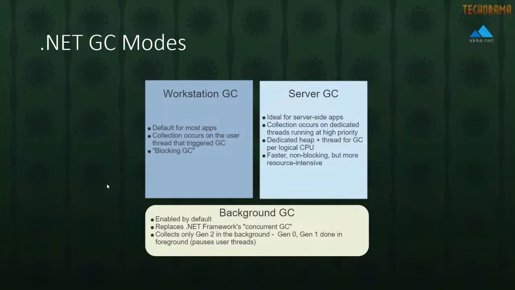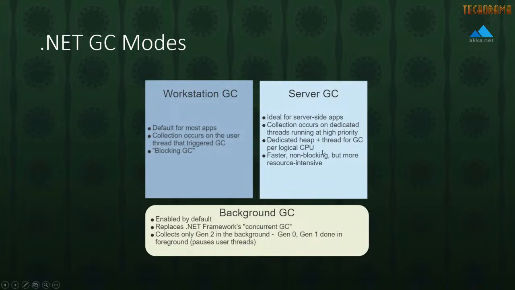Ditto with large object heap. That's all going to happen on a set of background threads that are managed by the CLR itself. So that's background garbage collection, and that's enabled by default. That's going to move the most expensive form of garbage collection off of your threads. Gen 0 and Gen 1 are still going to be done in the foreground, though, on Workstation GC.